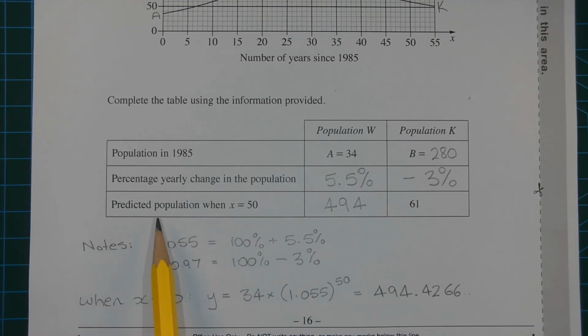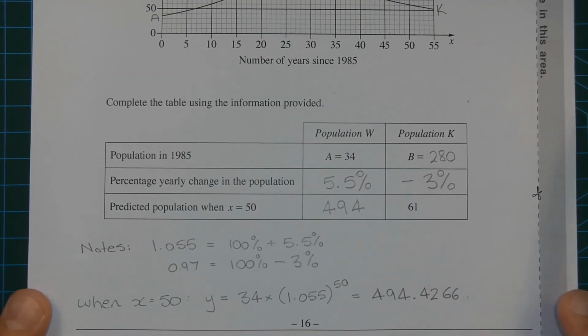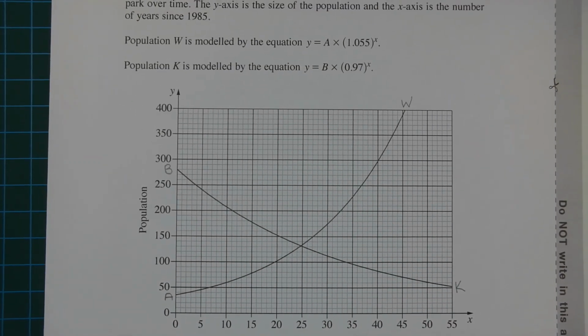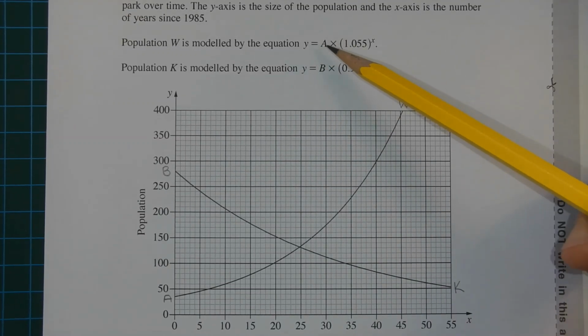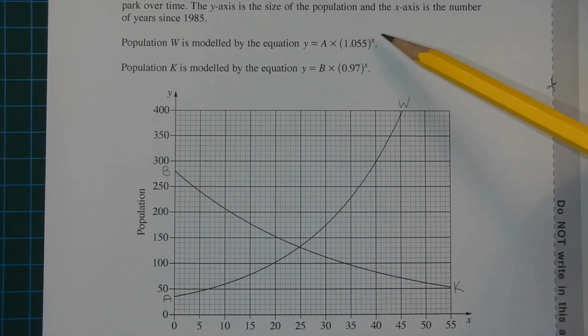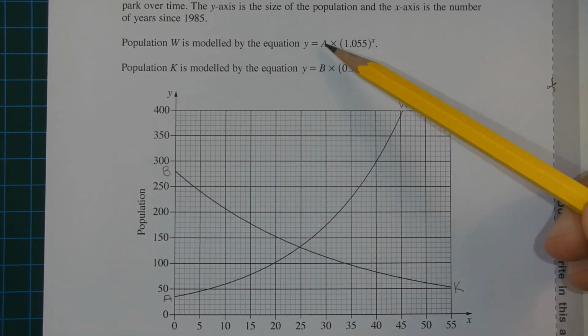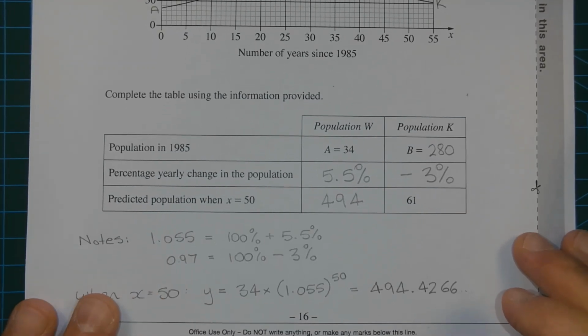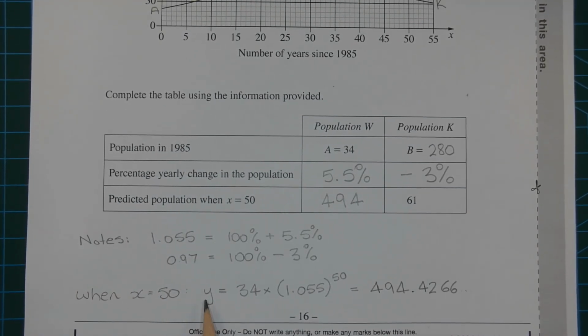Lastly, to find the predicted population for population W, we can use the equation. So we have y is equal to a times 1.055 to the power of x. So when x is 50, we substitute 50 for x here, and we know the value of a, which is 34. So when x is 50, y is equal to 34 times 1.055 to the power of 50, which equals 494.4266 and so on, which rounds to 494, correct to the nearest whole number. And I've written that